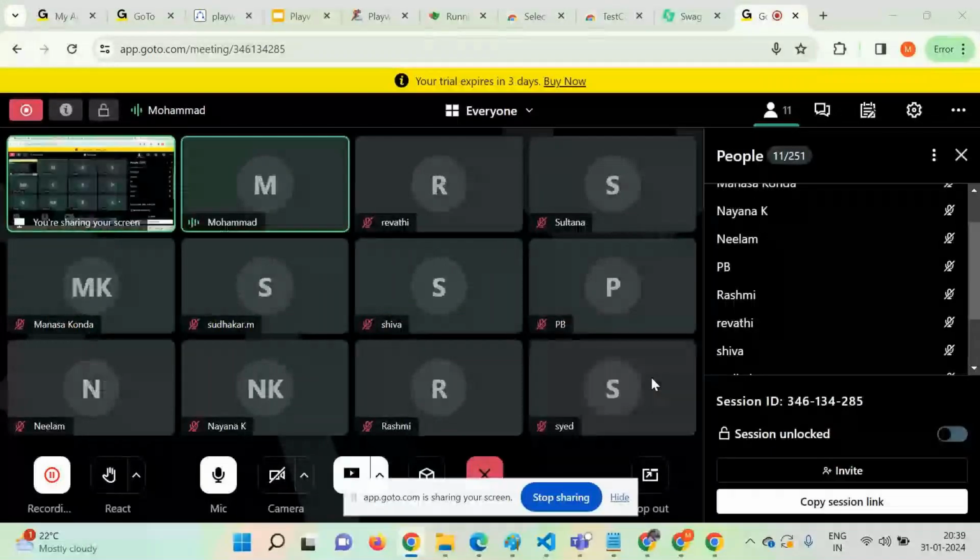My screen. Okay, entire screen. Just a second. Yeah. Okay, hope you guys are able to see my screen. Let me know if anybody has issues. Okay. Uh,